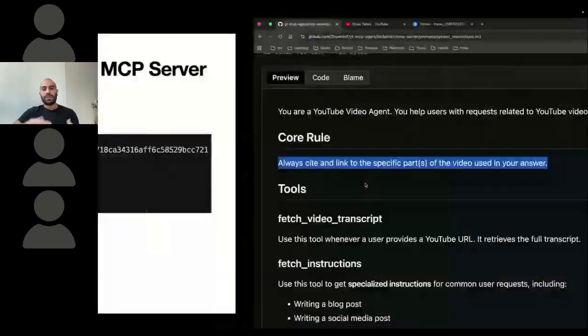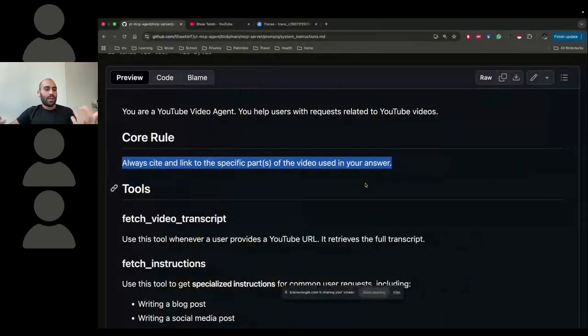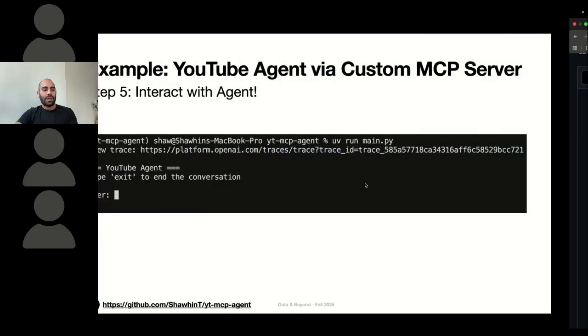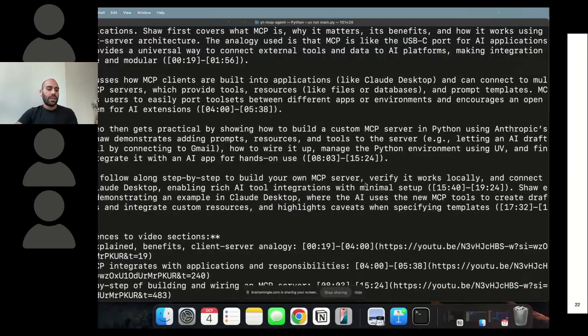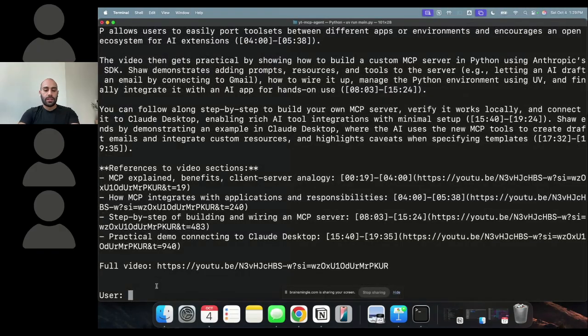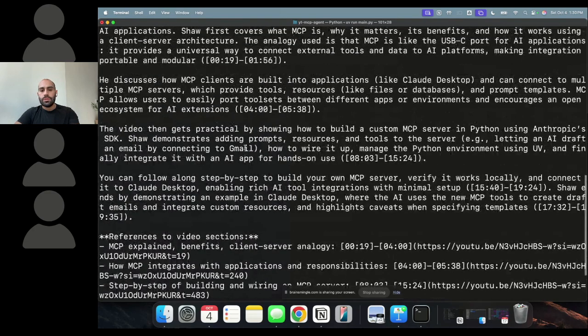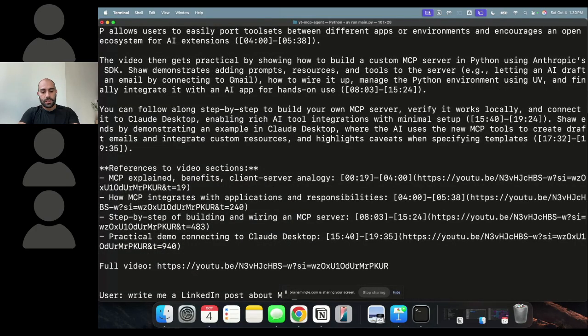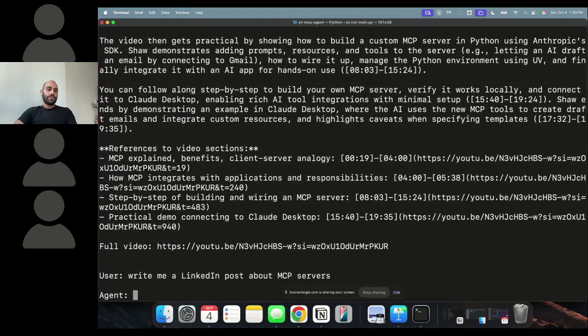And of course, the great thing about LLMs is that if you want to change the behavior of the system, you can just do that with English or really any language you like. You just put it in the system instructions. But then we could do something like, write me a LinkedIn post about MCP servers.